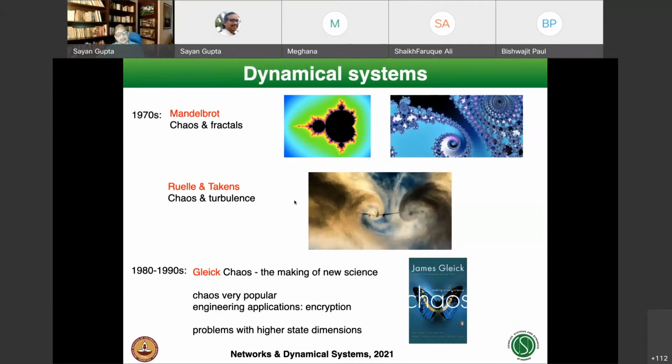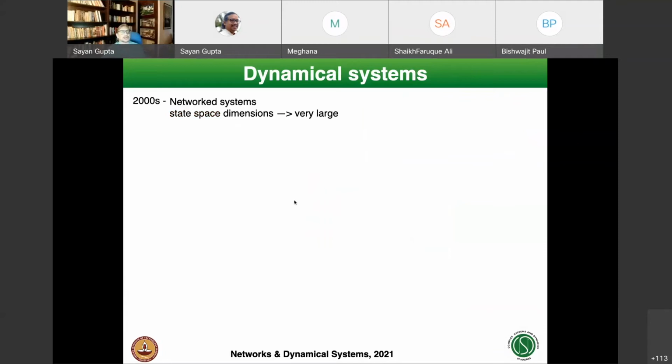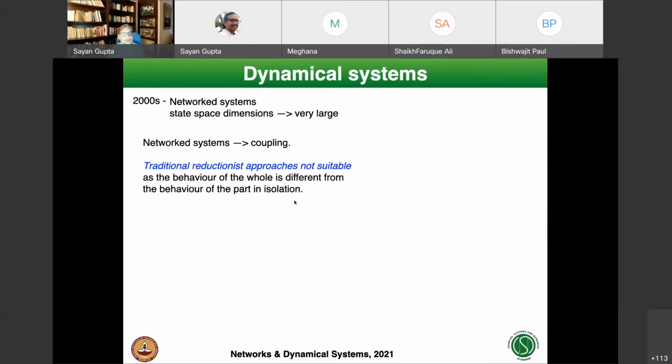So now people started to work with chaos in more and more difficult problems involving higher state dimensions. And people came up with more useful behavior of chaos, for example, in encryption. So then in the 2000s, people started to work with systems whose state space dimensions are really very, very large. So that led to the growth of the subject called network science. So what network